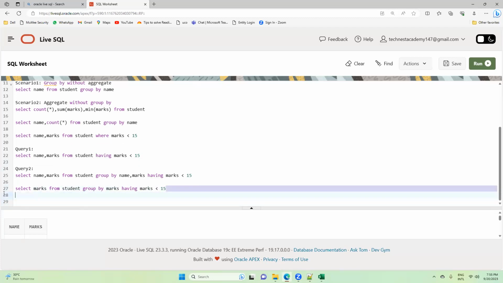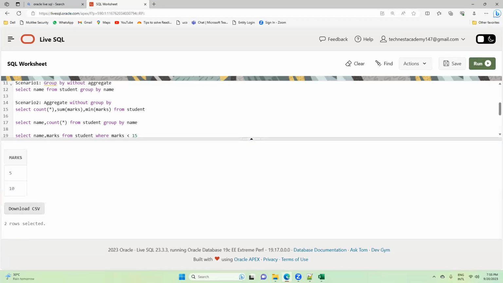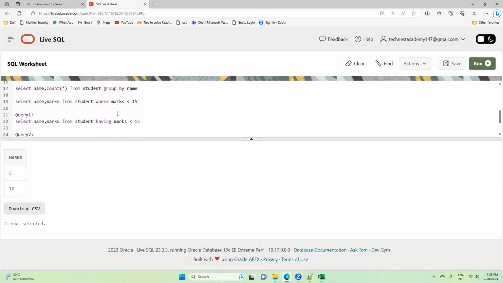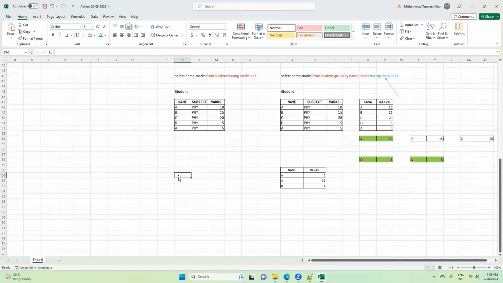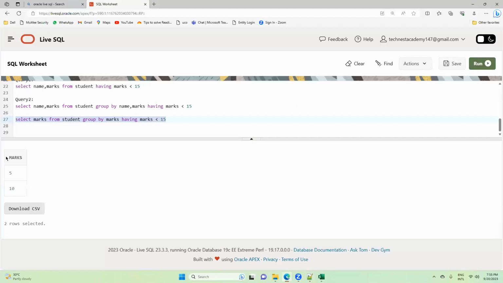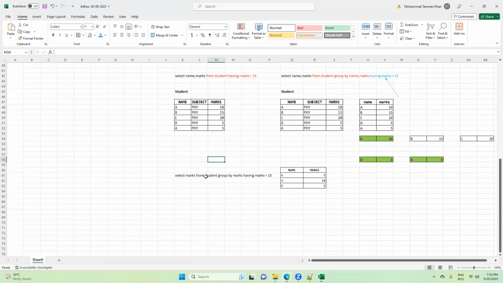Now let me run this and check the output. So less than 15, you have 5 and 10, right? But tell me one thing. Less than 15, listen very carefully, this is a very important concept. I am getting this output, right? Now my question is